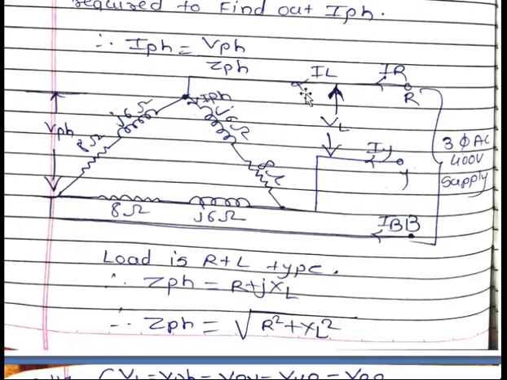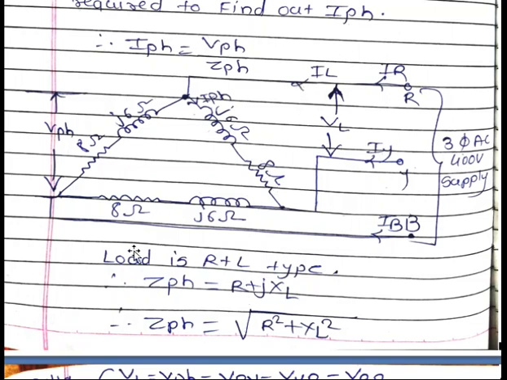Here we draw the delta connected load in which each phase contains R plus J type of load, R plus inductive reactance type of load. Therefore, here the impedance contains resistance plus inductive reactance. Resistance is 8 ohm and inductive reactance is J6 ohm. Now, these three impedances, each impedance value is the same, that is, per phase impedance is the same. Therefore, it is a balanced delta connected type load. Here Z1, Z2 and here Z3. All three impedances are the same.